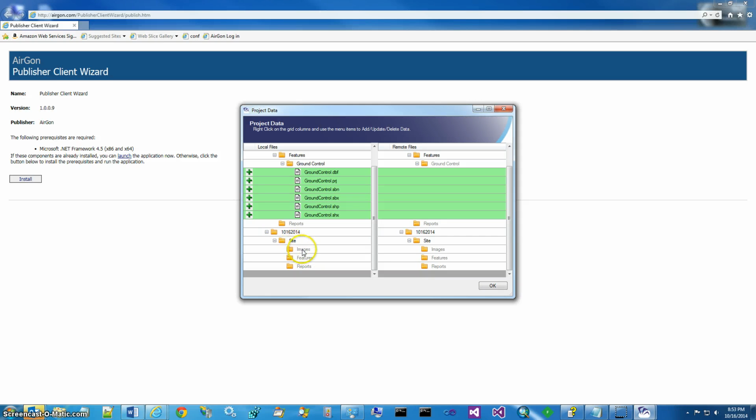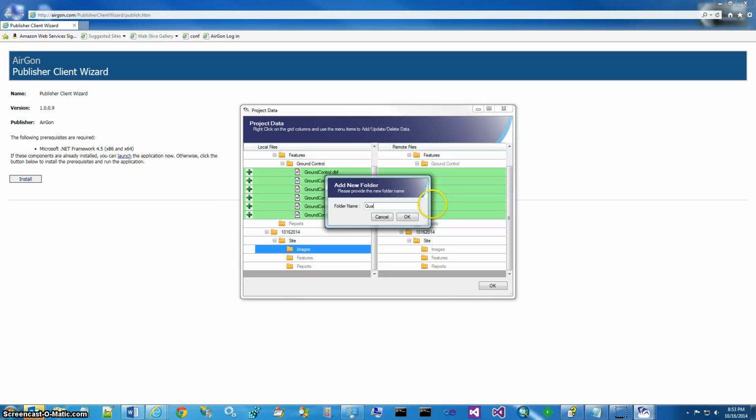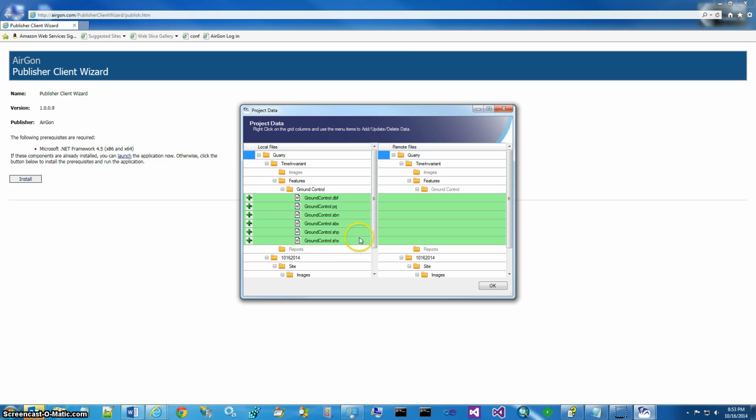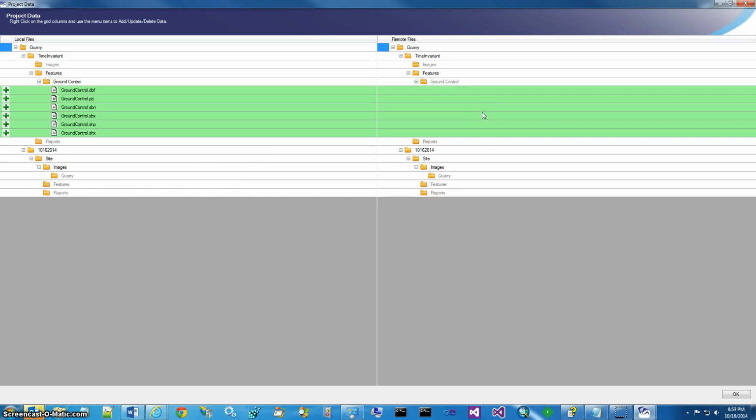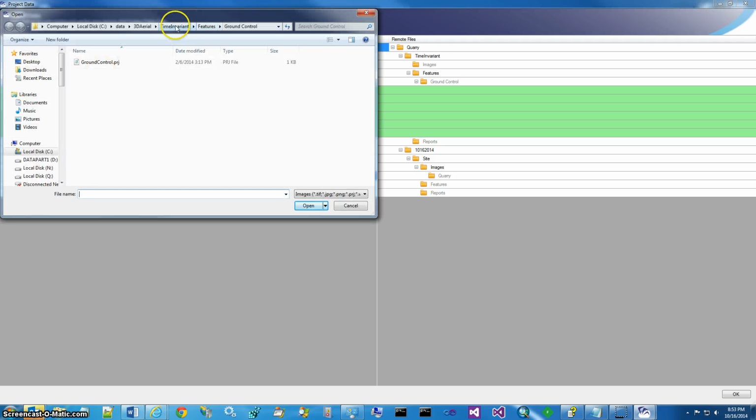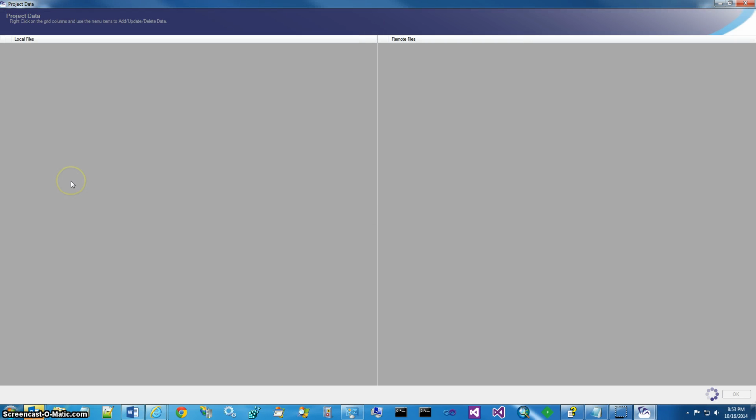So let me add some site images. So query, let me make it big so the view is clear. Right click on query, say add image files. Let me add this file. Okay,